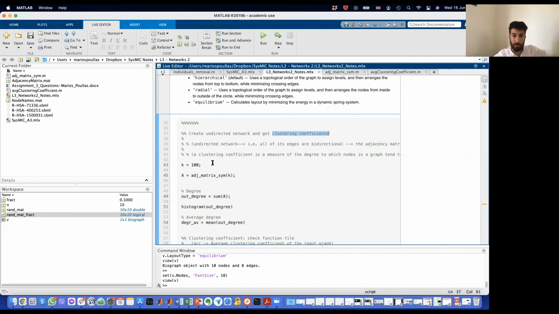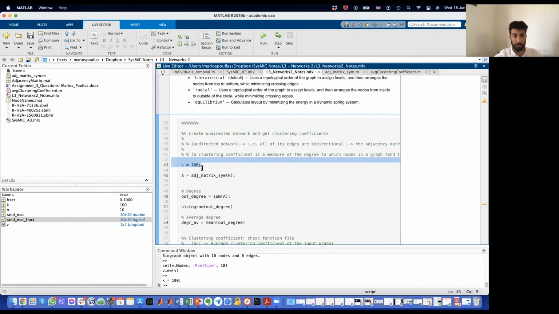So let's start. We are creating a variable with the number 100 as a value. This is going to be used for the coefficients. So we are going to have 100 coefficients